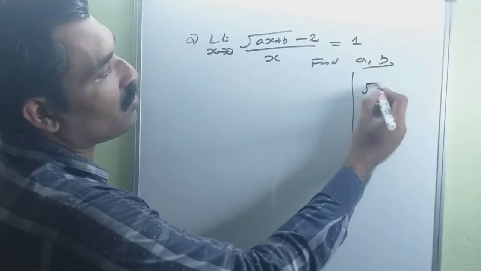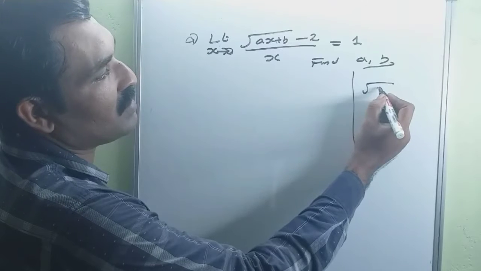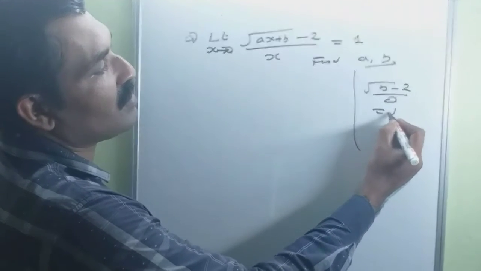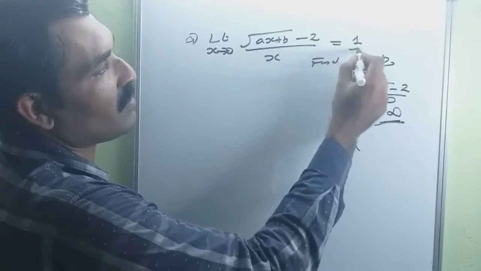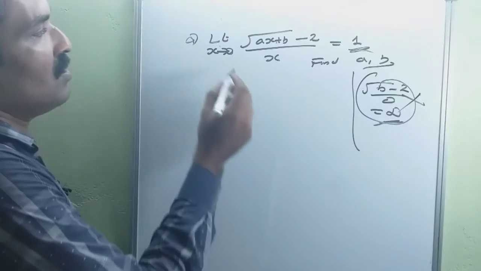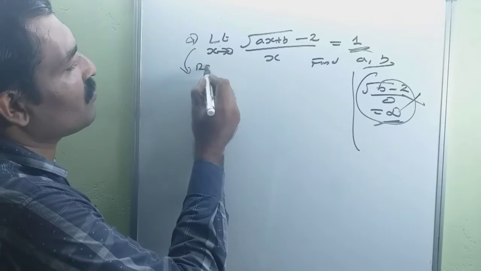root of a into 0 plus b, that is root b minus 2 divided by 0. This is equal to infinity. This is not possible since our answer is finite. So this is not possible. So first rationalize